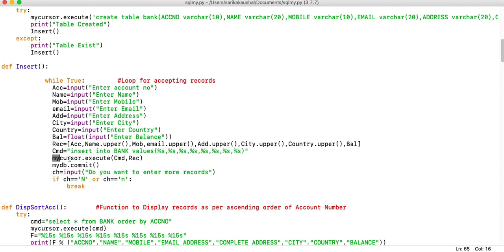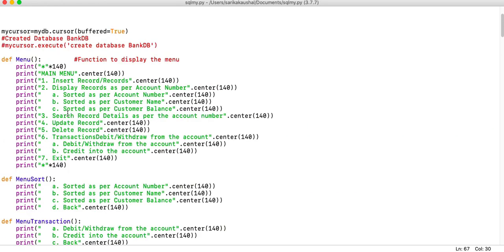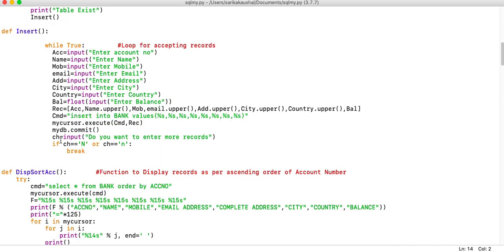As we know, we have already issued the connection. I am again showing you above this section. Here you have mydb.cursor. There is a cursor function which we have used, and it is creating the SQL object, so that it will have the entire information from the database, and the database will be accessed, or the information will be accessed, using mycursor. So when you come back down, mycursor is used to execute this command, because to communicate with the database you require this object, the SQL object, or the cursor object, you can always call it.